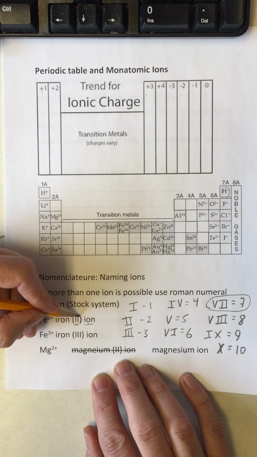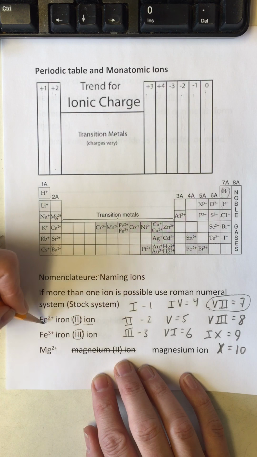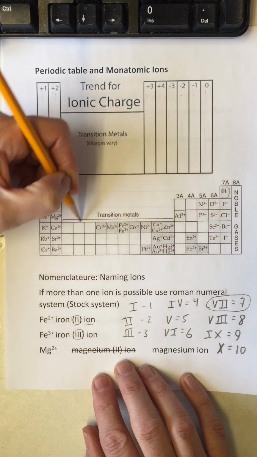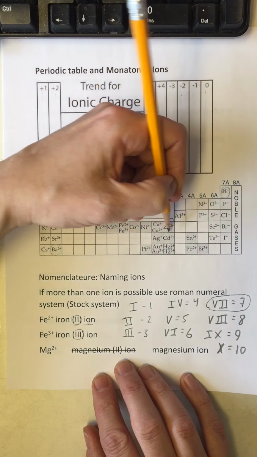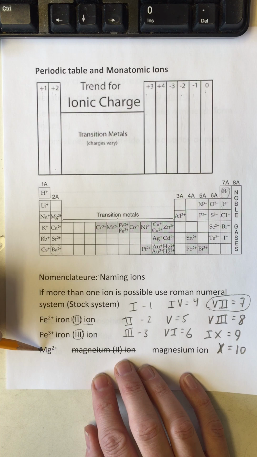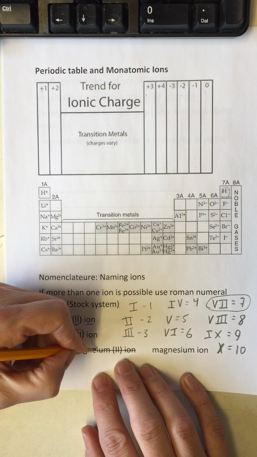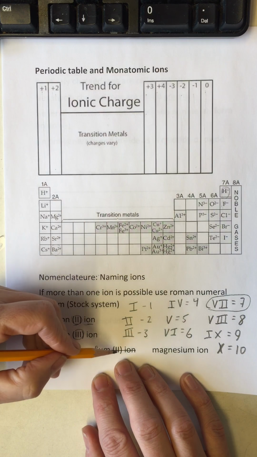So we use the Roman numerals when it's possible that there's more than one formed. How do we know when it's possible? Generally, it's when they're in the transition metal range. So for example, magnesium, Mg plus 2. We might be tempted using this system to call it magnesium 2 ion,